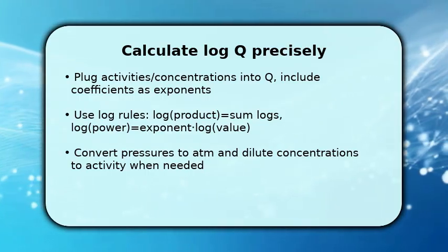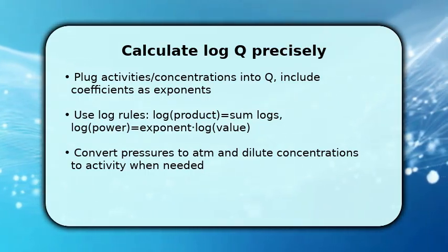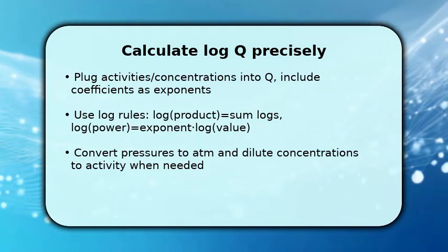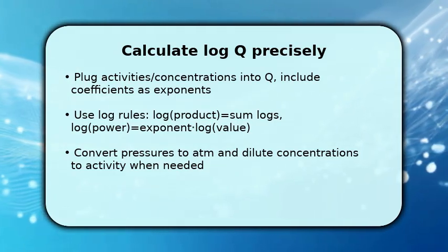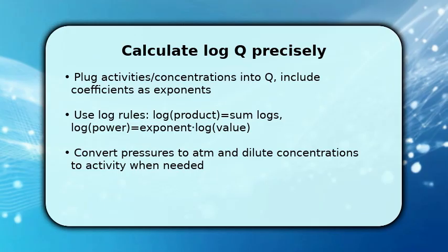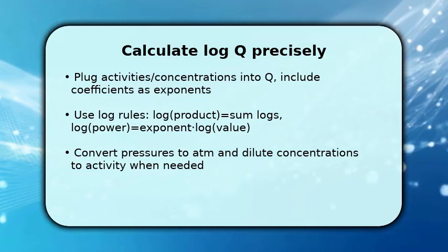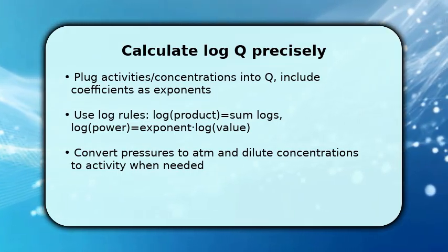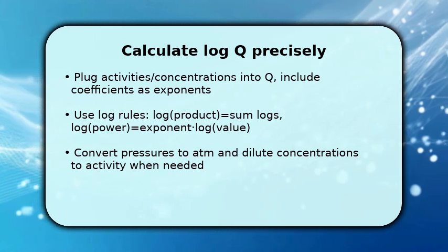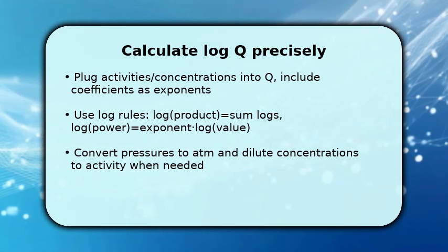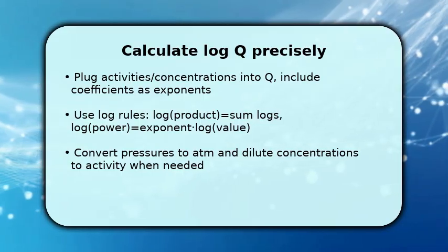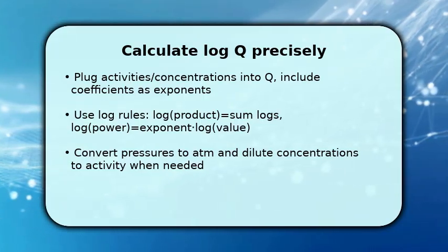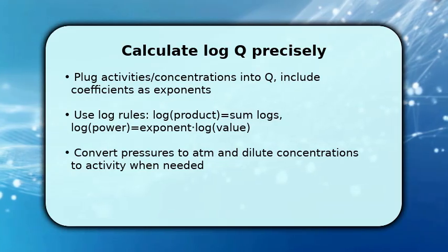Take log 10 Q as the sum of each species' exponent times log 10 activity, which avoids tiny or huge intermediate products. If species are gases, convert to atm. If ionic, convert to effective activity using activity coefficients when precision matters. Once you have the summed log 10 terms, divide by n as required later in the voltage correction, keeping consistent